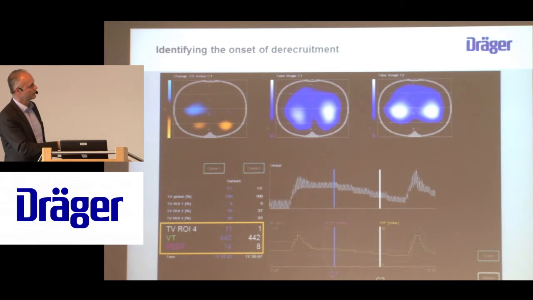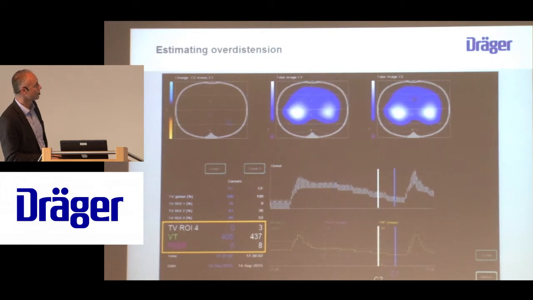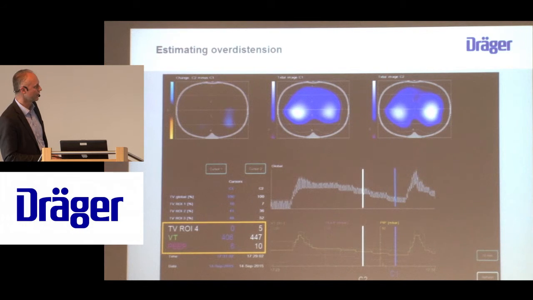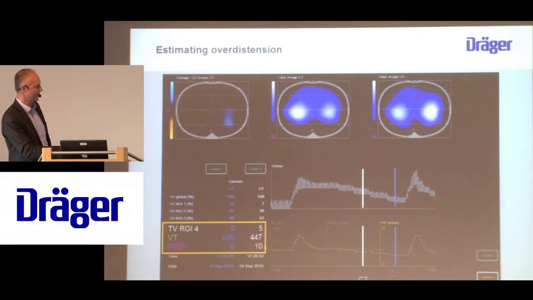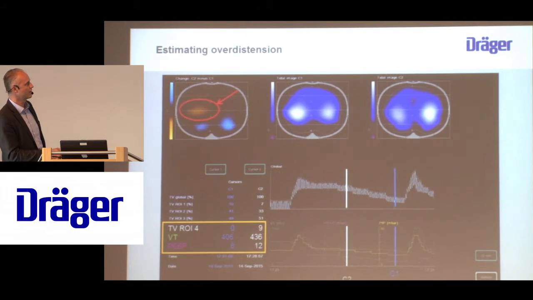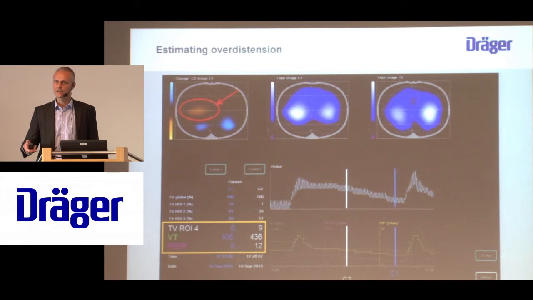If you now go up with the second cursor position, which is now representing the higher PEEP, no, sorry, that was the wrong way. Okay, now we're comparing the PEEP level of 6 against 10. So you still see no orange spots here in the ventral part. However, if you go further up, then you see that you're starting to lose